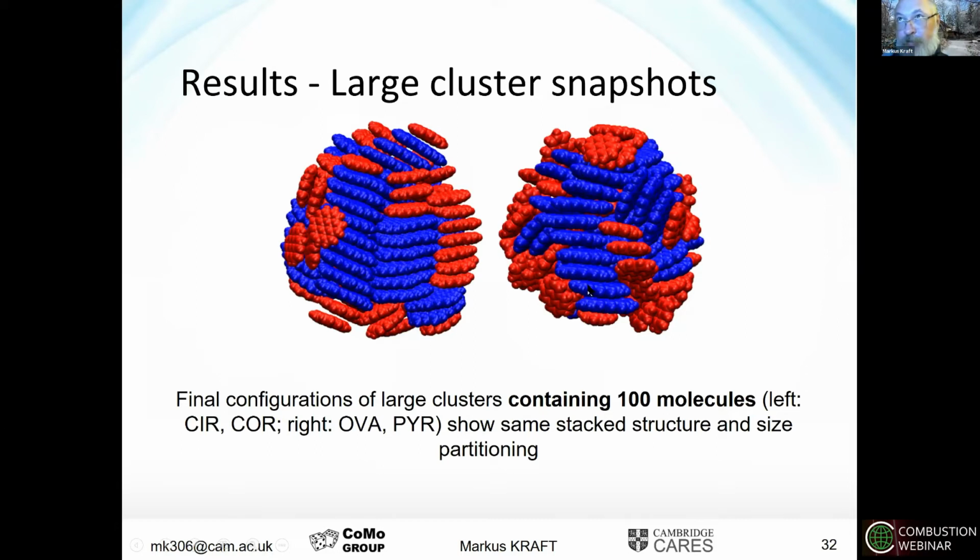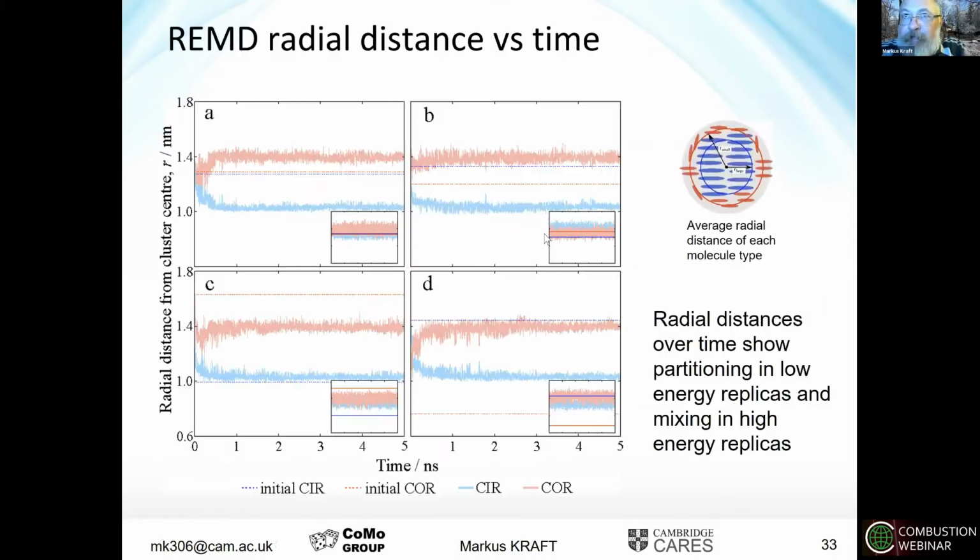The bottom line is that A, B, C, and D represent different initial conditions with different degrees of mixing when you start. After a very short transition period in each of these configurations, you see that the red line and the blue line stabilize, and